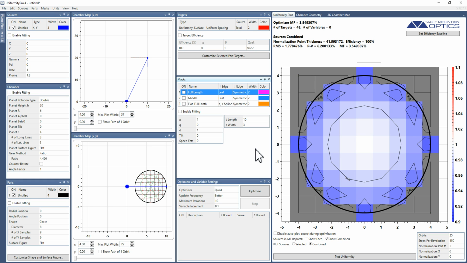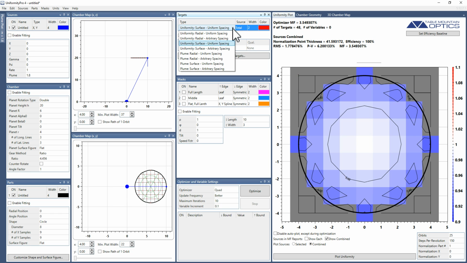In this video, I'll be explaining uniformity targets and mask design, which is the core functionality of UniformityPro. I'll first draw your attention to the Targets panel. As I click on it, this is highlighted automatically for me. It shows the type of target, and then also some other information. So starting here at the type, I can click here,